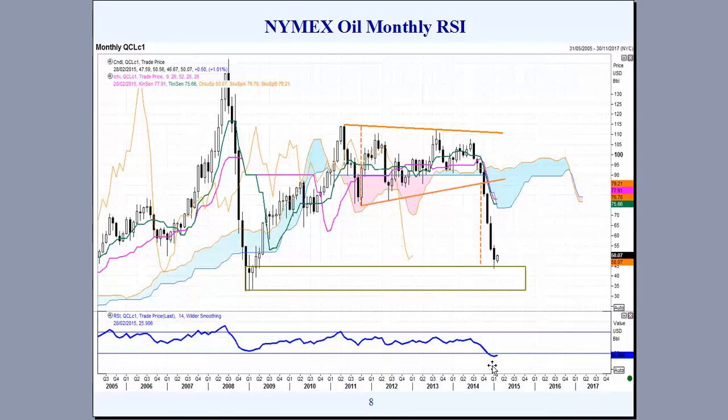Now, just looking at the RSI here with NYMEX Oil on the monthly charts, we haven't seen that. We have the market trading down to within the oversold level, and it suggests that yes, this market is overdone, but no divergence here to suggest that momentum is not healthy. Momentum to the downside here is greater than it has been for quite some time, and is certainly not looking unhealthy at the moment. So no sign here based on the RSI that we are going to have any correction back to the upside.